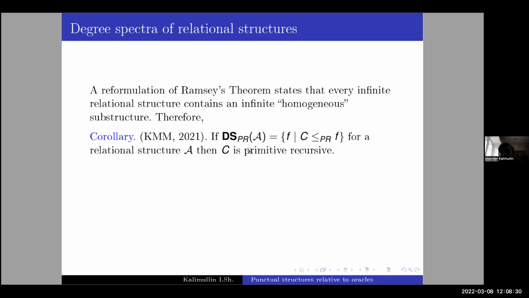So if the degree spectrum is a cone and the structure is relational, it has no operations, then C is primitive recursive. So it is, in some sense, strange, in fact. So we know that